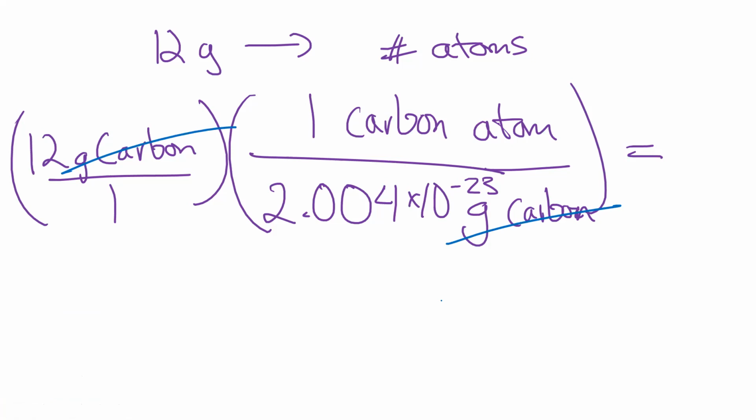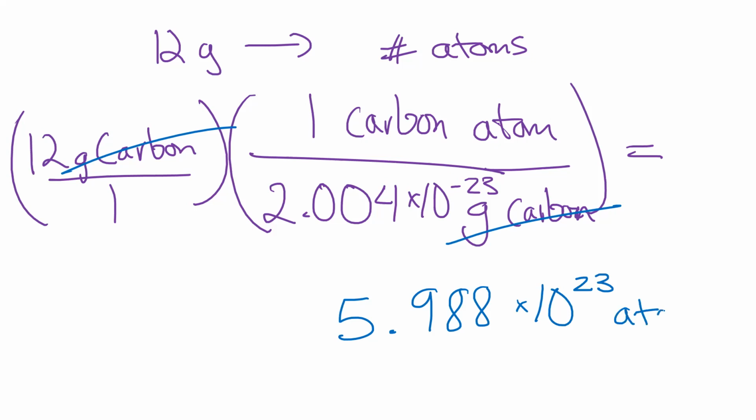So 12 divided by, I need to look at 2.004 times 10 to the minus 23. And that gives me 5.988 times 10 to the 23 atoms